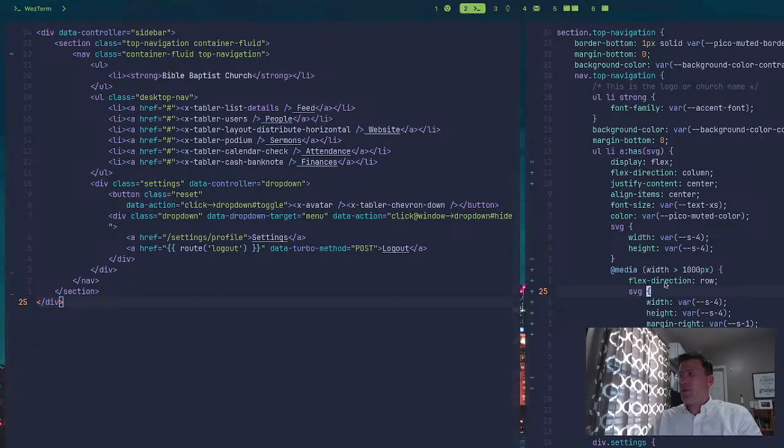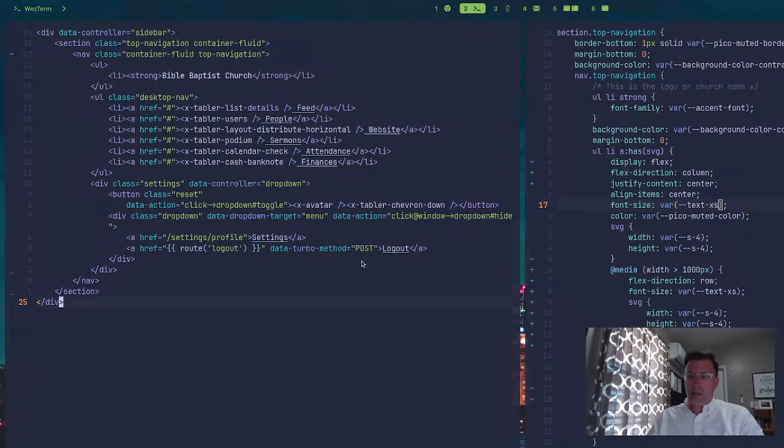So I am going to say that the default font size is extra small. Huh. It's already extra small. I don't have something smaller than extra small. So what if I go down here and I say, okay, font size here is var text XS. So this is my extra small. And then here, I need to see what my,